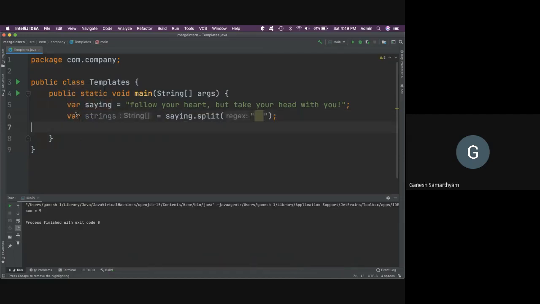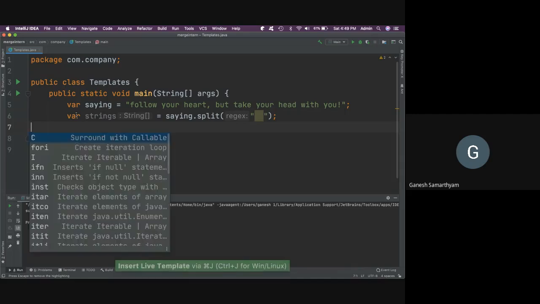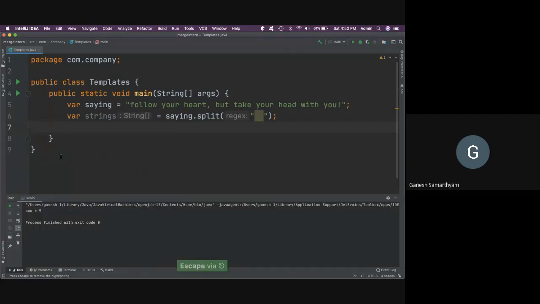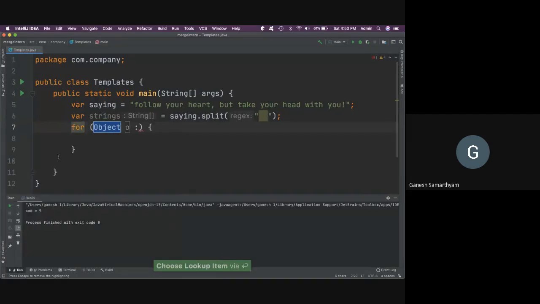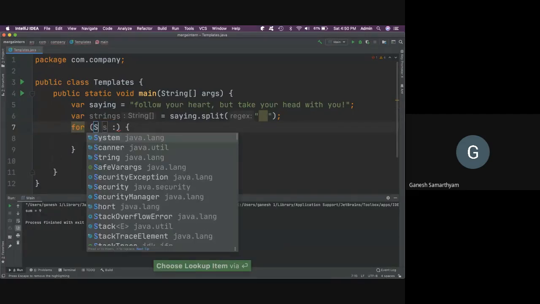I can actually see what are the options available. I can say iterate elements of an array. You can see here you have an array. Also there's an option for iterating over an array just by typing I. So I can just type I, and what is it that I'm traversing?